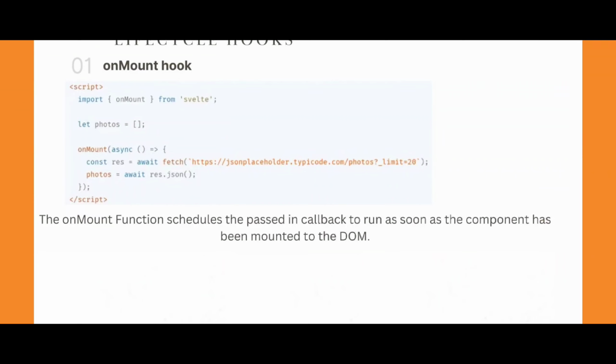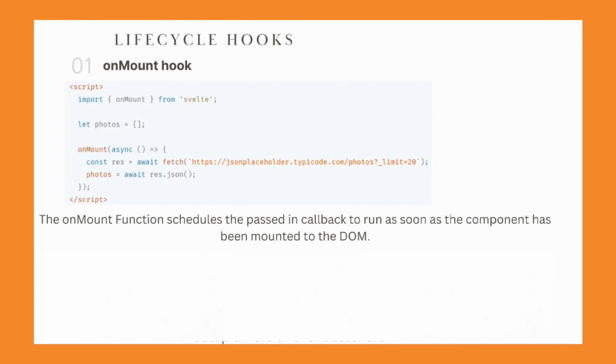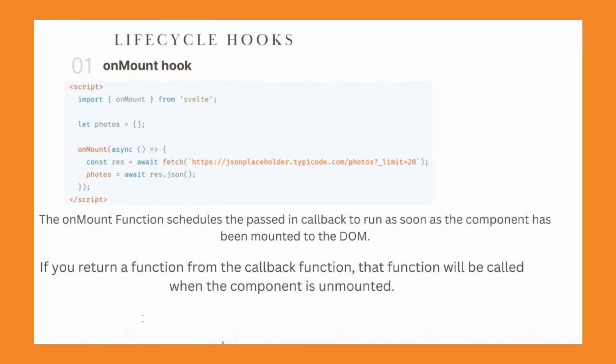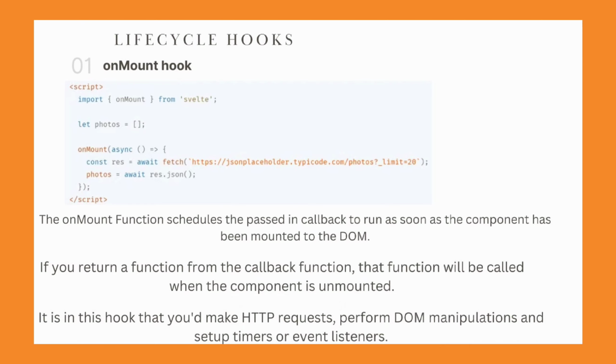The first of the 5 hooks is the onMount hook. The onMount hook schedules the passed-in callback to run as soon as the component has been mounted to the DOM. Also, if you return a function from the callback function, that function will be called when the component is unmounted. The onMount hook is probably the hook which you will use the most in your component. It is in this hook that you would make HTTP requests, perform DOM manipulations and set up timers or even